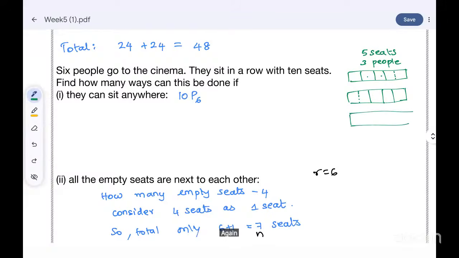Again, the people cannot sit together, like there would be a vacant place in the middle. So again, in this case, okay, yeah, this is also possible. So now if this is the empty seat scenario,